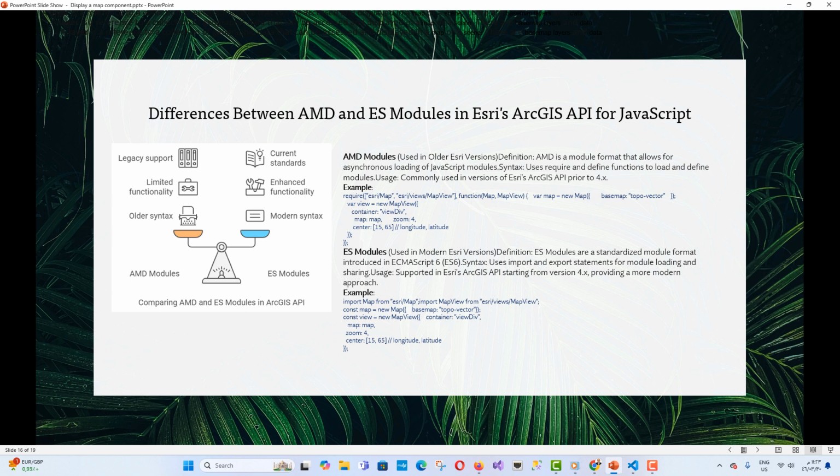AMD modules used in older Esri versions. Definition: AMD is a module format that allows for asynchronous loading of JavaScript modules. Syntax: uses require and define functions to load and define modules. Usage: commonly used in versions of Esri's ArcGIS API prior to 4.x. Example: